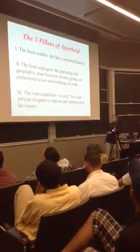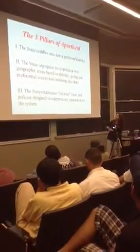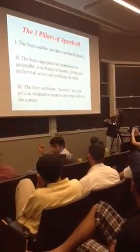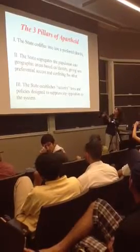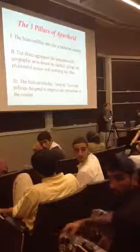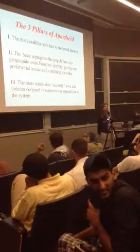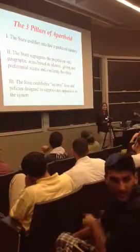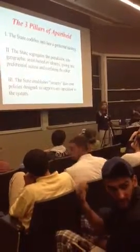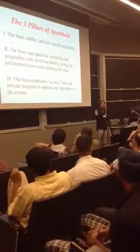So we recall three pillars of apartheid: codifying into law a preferred identity, segregation, confining one population to small space, and so-called security laws to suppress any opposition to the system. And we see why the South African government study actually did determine that Israel is indeed an apartheid state. We understand why we use this word in a week called Israeli Apartheid Week, which is all about bringing light